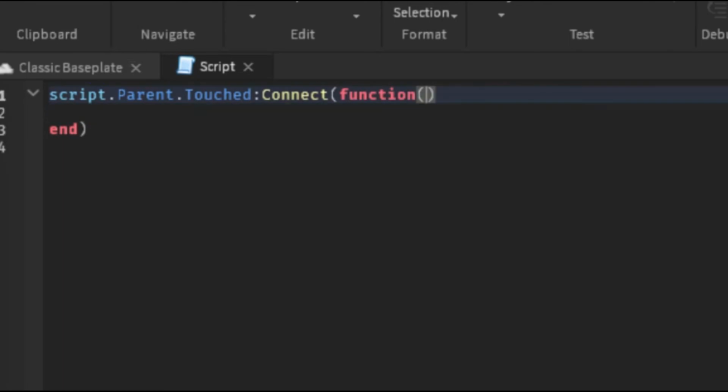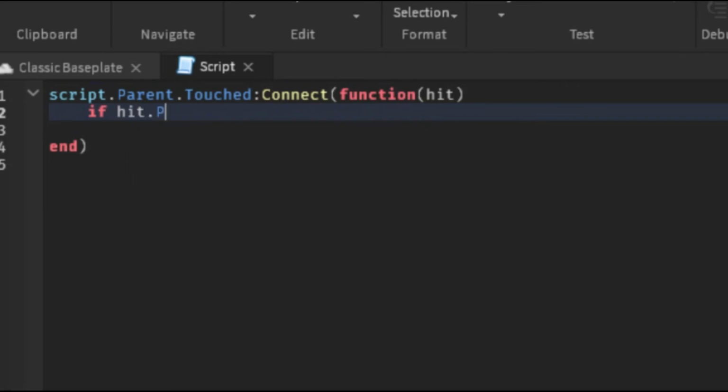Okay, now in these parentheses, we're going to have a parameter. So we're going to write hit. And basically what it does, it's going to wait for somebody to hit it, okay? And we'll write the script for that. Okay, now we need to see if hit is actually a person. So we need to see if hit.Parent,